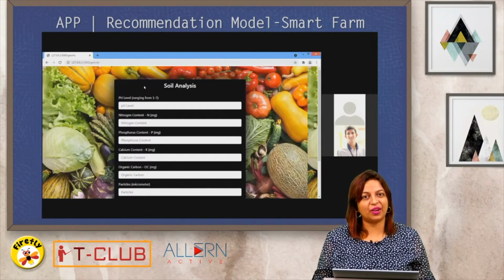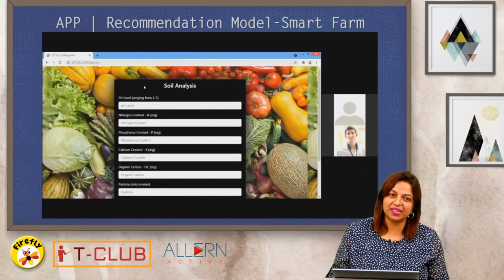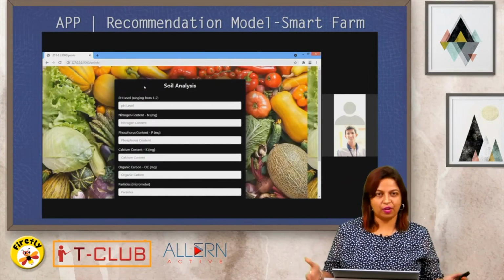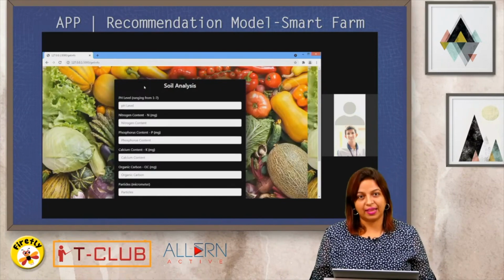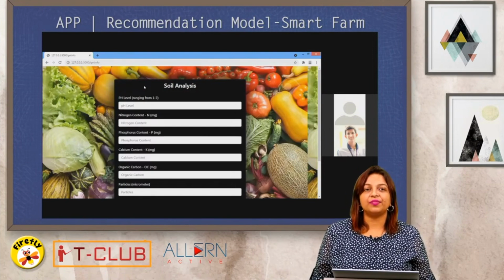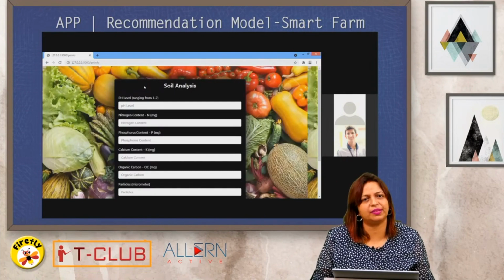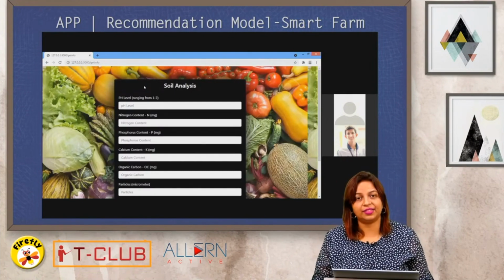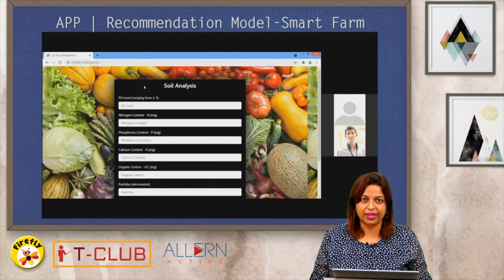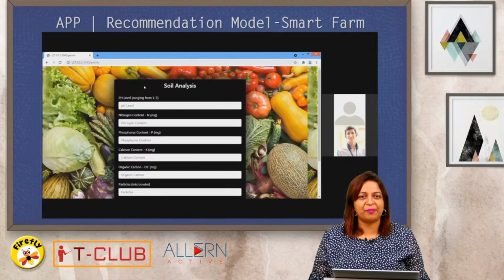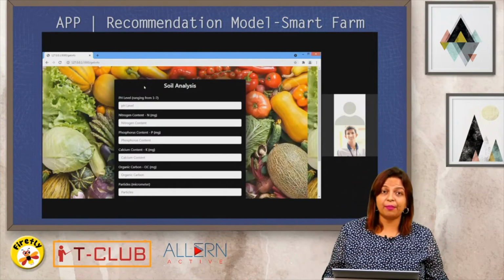I'll not name my student, but he's a grade 8 child. So we had a problem statement given to him, after learning the complete coding language Python, understanding the importance of AI and ML, how it works. We gave them this problem statement that you have to come up with an idea, with an application or a project wherein you're doing something for the society, right? And this little boy, grade 8, means a 12, 13-year-old, he came up with this brilliant